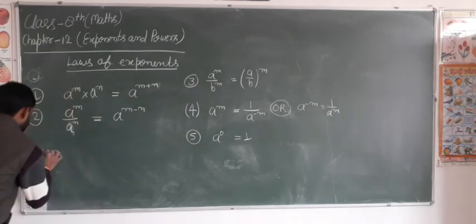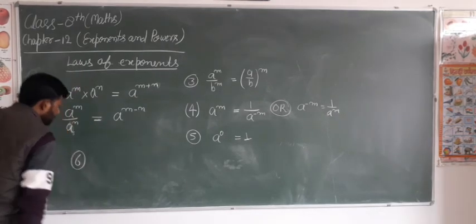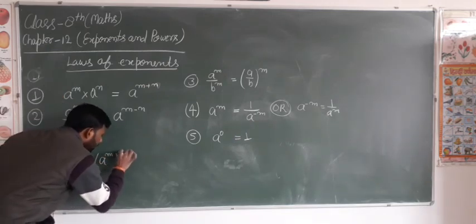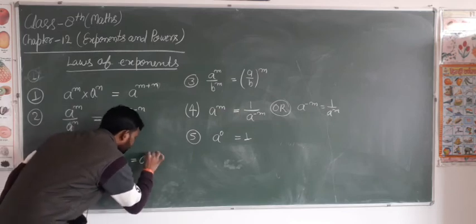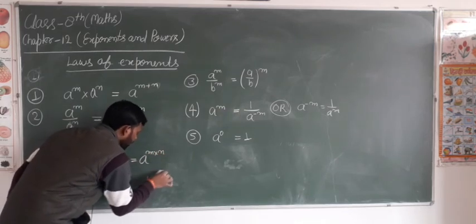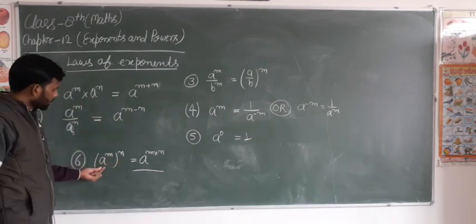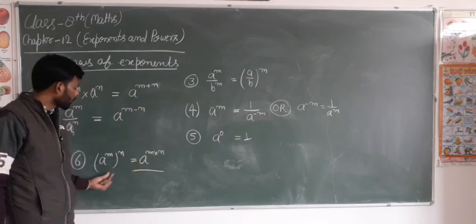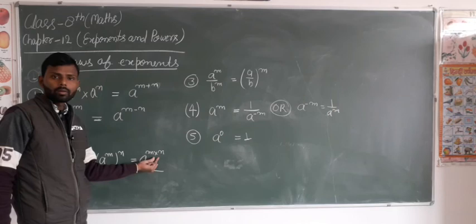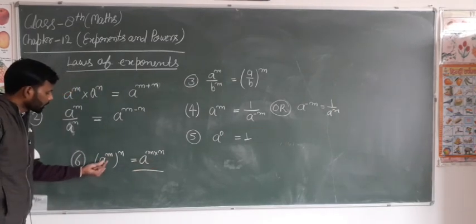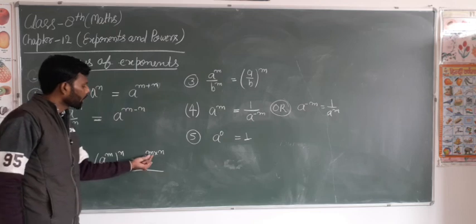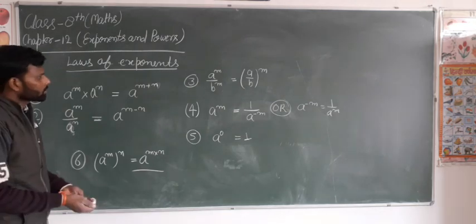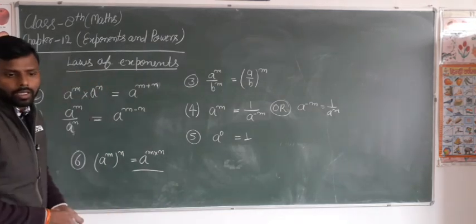And law number 6: a to the power m whole power n is equal to a to the power m multiplied by n. Power of power: here a power m whole power n, then the exponents will be multiplied. That means a power m whole power n is equal to a power m multiplied by n, the product of powers. Okay. We will use these laws to solve the exercise